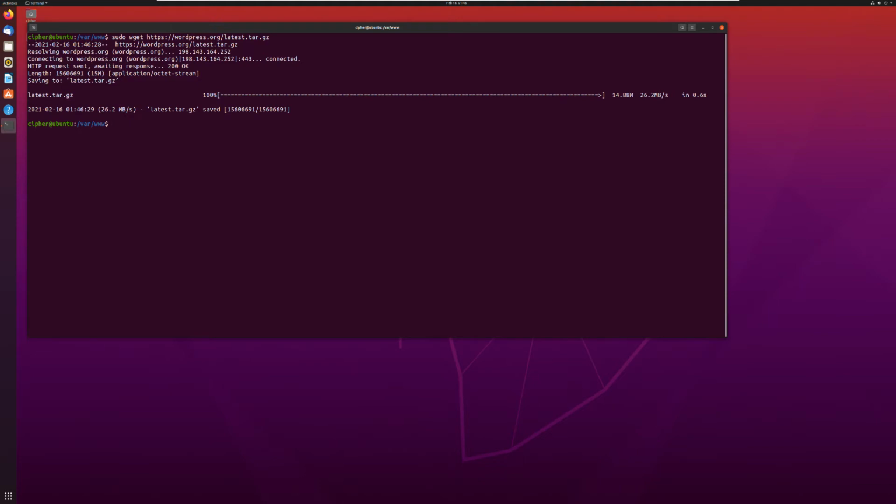Okay, now real quick, for those of you not familiar with Linux, you're seeing this a lot. Because I'm not the root user, you will find that if we look at this directory, which is this one right here, it is owned by the root user. Same with the previous directory, the directory right here, and then this file. It's all owned by root. Now the problem with that is I'm obviously not the root user. I'm the cipher user. So using the command sudo, it allows me to do things like the administrator would,